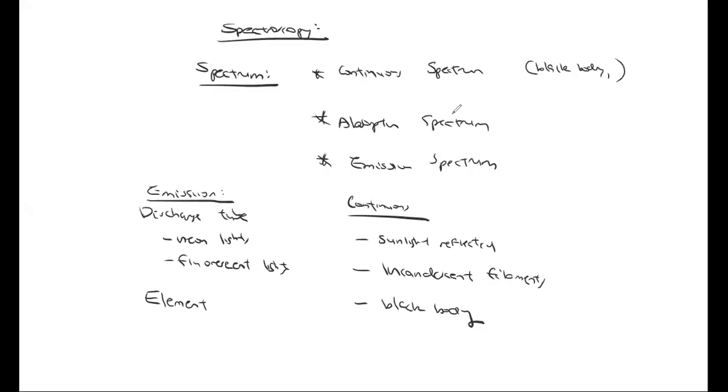Because of what we said before about the element fingerprint, we can use that information to find out what sort of elements we have. We use that on Earth for AAS and AES, for those who do chemistry module 8. And we also use that, as far as our physics course goes, to find out more about our stars. So you need to understand how we can use spectroscopy to find out information, because clearly we can't send,